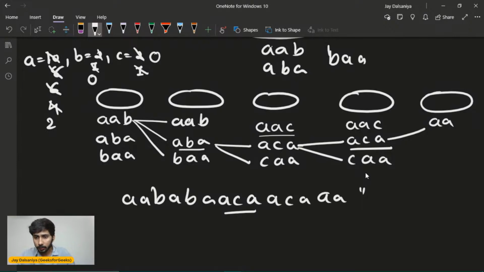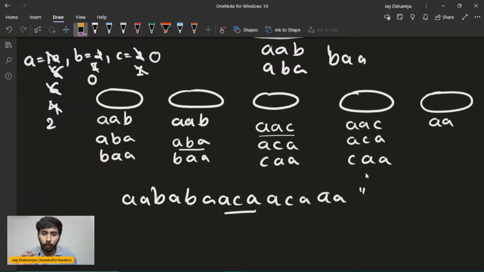So for the last one also I cannot take this. So I have to choose in such a manner that I will not get any 3 consecutive, but an arrangement of triplet will be possible where you won't find any 3 consecutive character to be of the same type. Okay, so this is one of the possibilities to get the answer.